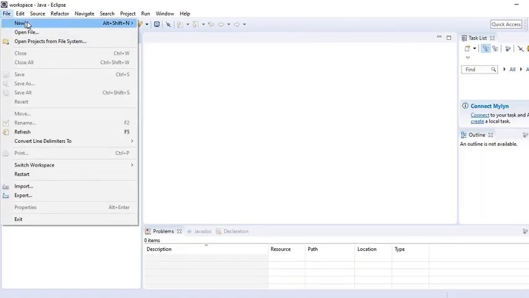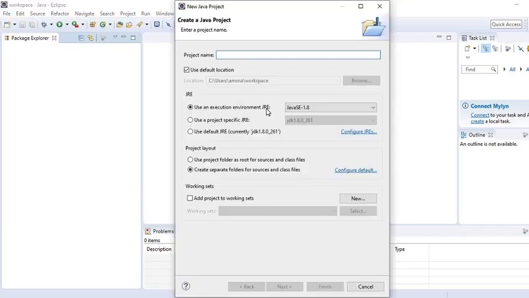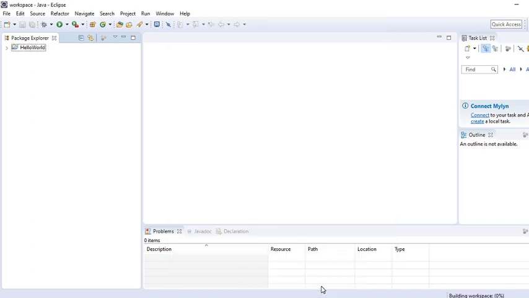First you can create a project, a Java project. You have to give it a name, for example hello world. The default location is under the workspace, hello world, and click on next. Then just say finish. After that you can see under the package folder there is a source directory and the library which it is going to use. This is where you will see the source code.